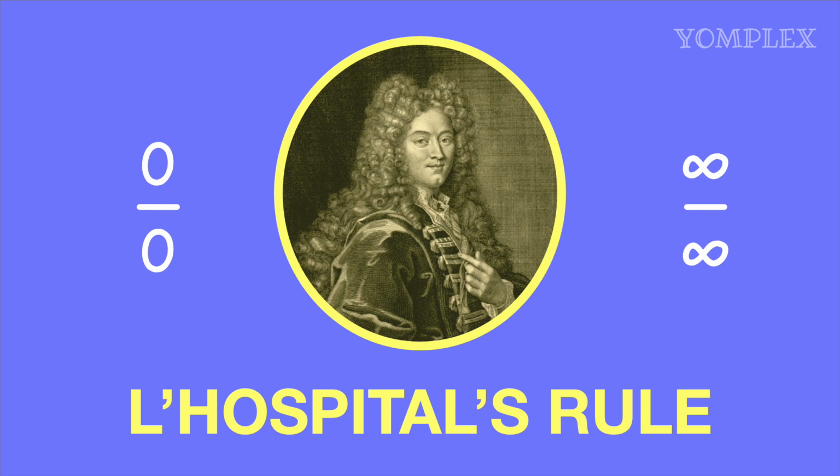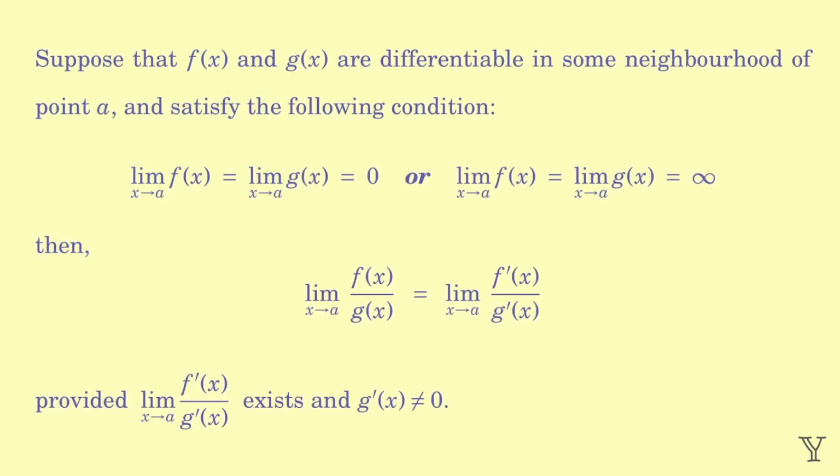L'Hopital's rule is a powerful theorem in calculus that allows us to evaluate a wide variety of limits. We will first understand what this rule says, and then see how to apply it through various examples. In the end, a word of caution. We will learn to identify those situations where L'Hopital's rule appears to be applicable, but in fact cannot be applied.